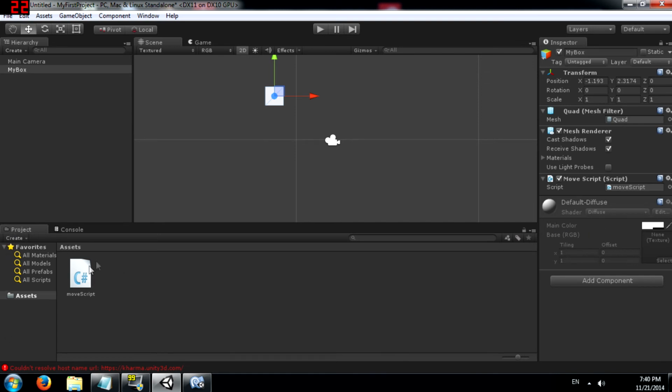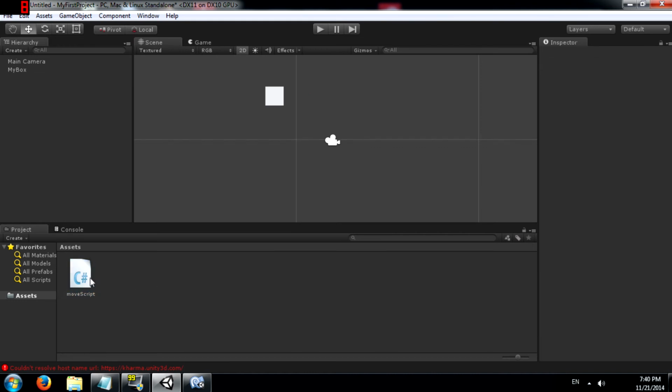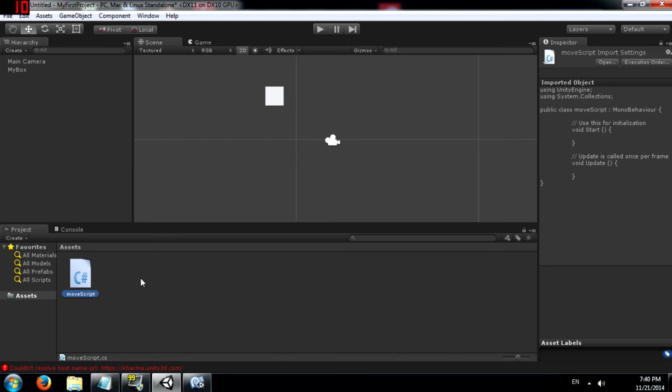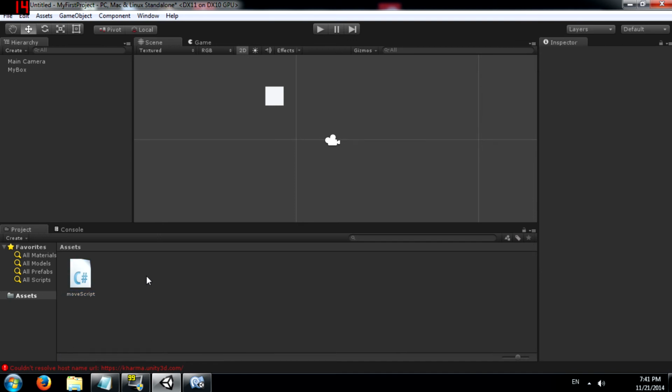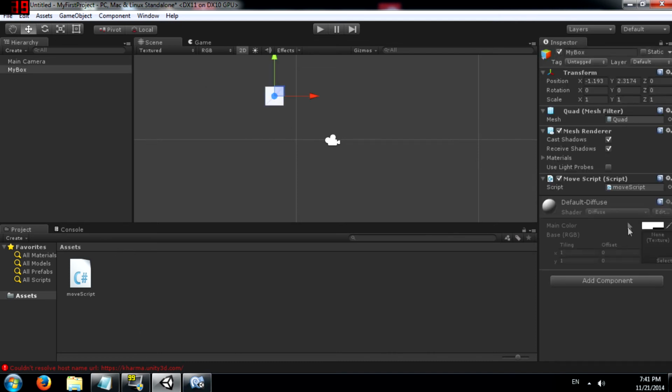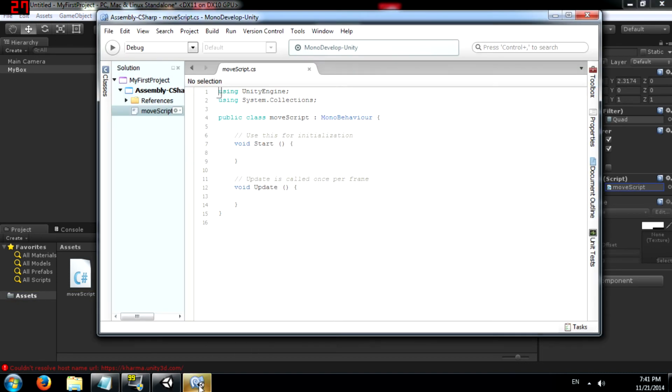You'll notice here in the project panel under assets you have something called move script. What this means is that Unity has created a script file named move script. So if you go into the physical directory, or let's say the directory of the game, you will actually find a file like this. It's going to be called movescript.cs. So select the quad and double click on move script. This is going to open up the script in MonoDevelop,